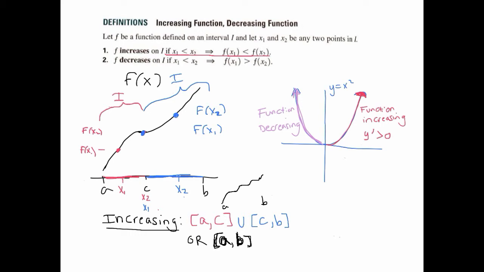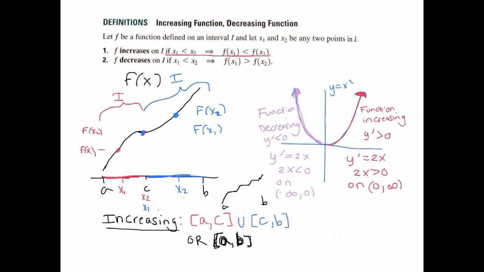Right? So let's find the derivative. Y prime is 2x, and we can see that 2x is bigger than 0 on the interval 0 to infinity. Right? Give me any x value on 0 to infinity, and you're going to get a positive value. So y prime is positive. Here y prime is negative, from negative infinity to 0, because it gives you 2x, and 2x is less than 0 on negative infinity to 0. So therefore,